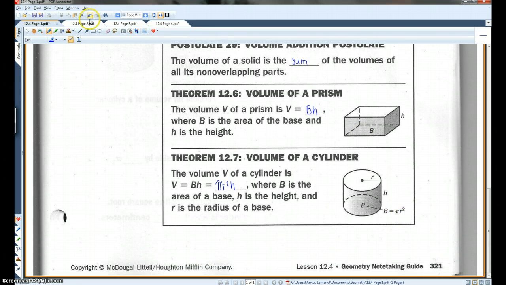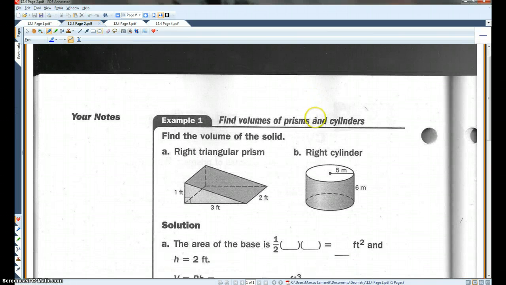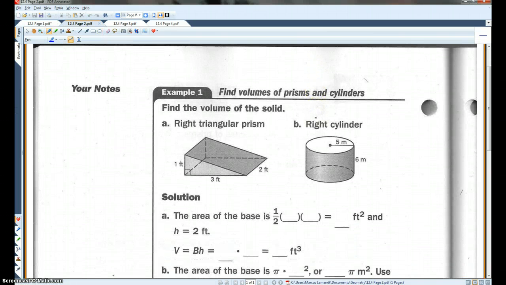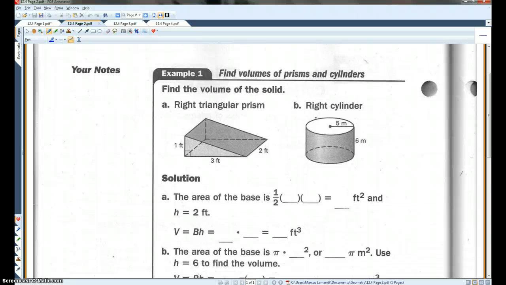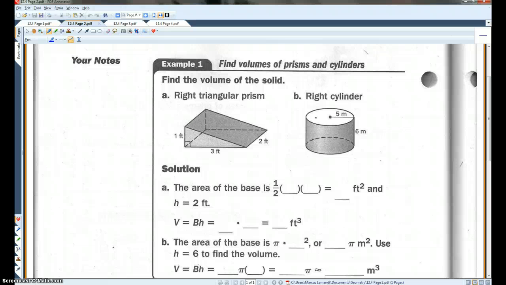Alright, let's go on to page 2. Example 1. Find volumes of prisms and cylinders. Find the volume of the solid. So we have a right triangular prism. First thing we need to do is find the area of the base. The area of a triangle is 1/2 base times height. Okay, so in this case the base is 3 and the height is 1. Okay, so 3 times 1 is 3. So I've got 3